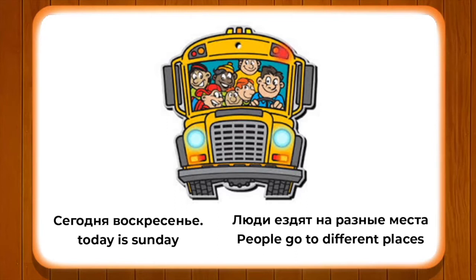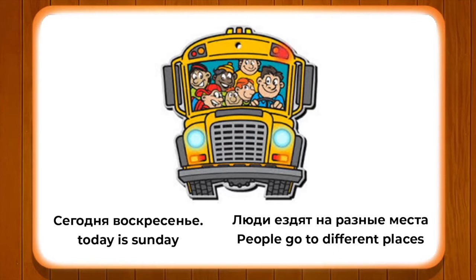So that is why we have used the second group of the verbs of motion, in this case ездить, in the conjugated form of они, люди. Alright. So today is Sunday. Люди ездят на разные места. Сегодня воскресенье. Куда люди ездят? Люди ездят на разные места. So you can also replace места with any other noun you wish. However, the meaning of the sentence must be around the глаголы движения, so that we understand that we are using the verbs of motion.